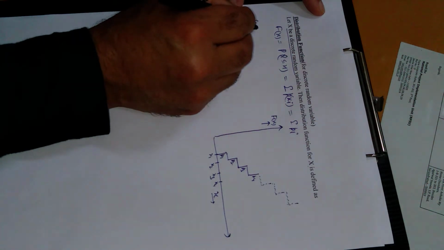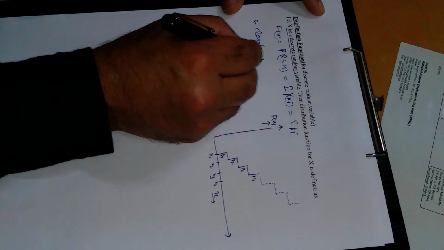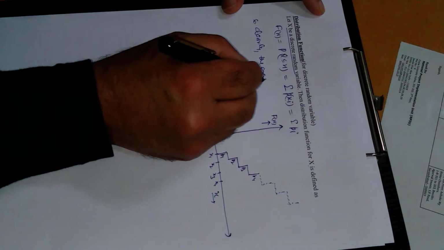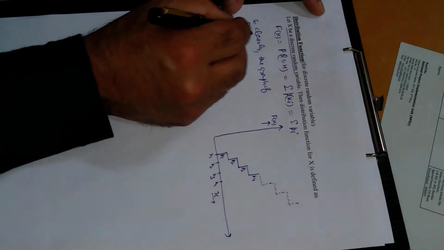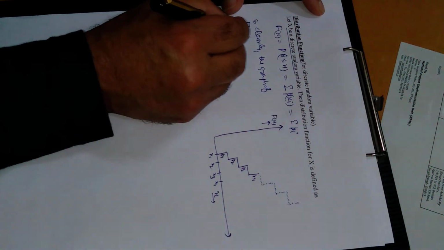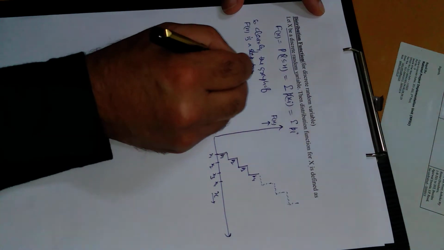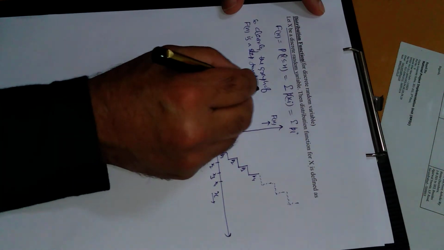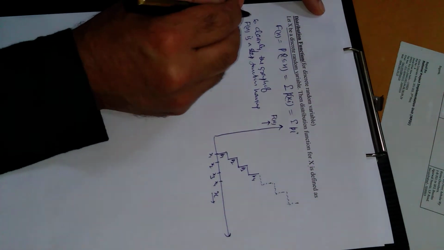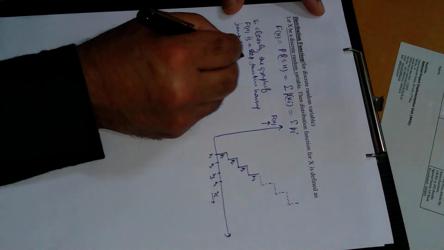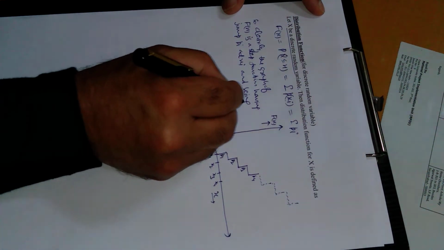So clearly the graph of F of x for a discrete random variable is a step function having jump pi at xi and being constant